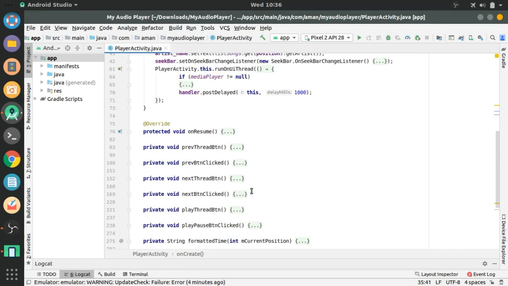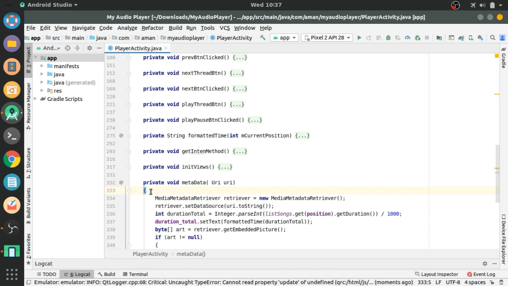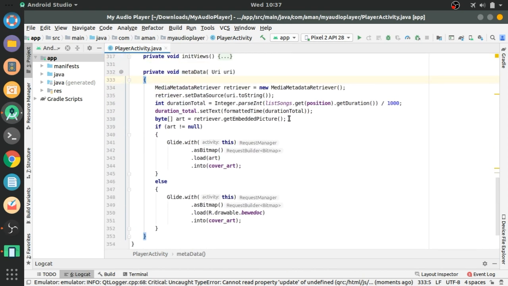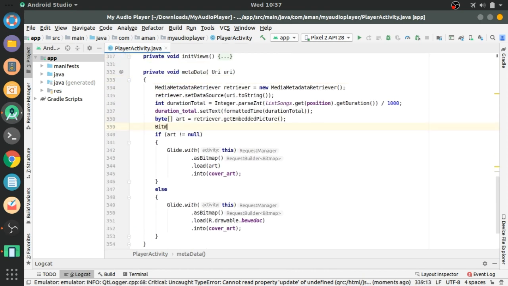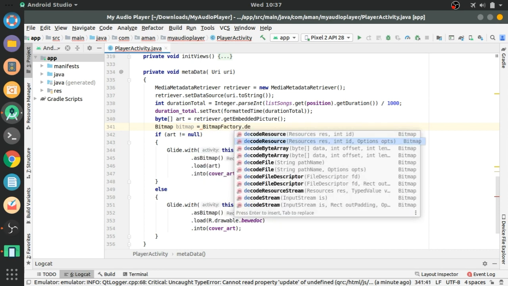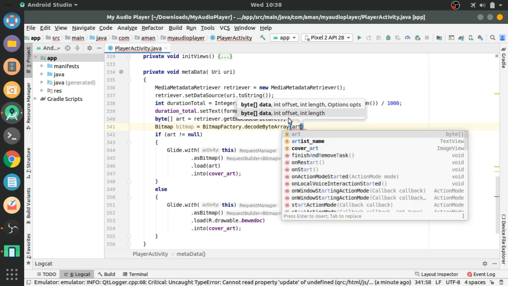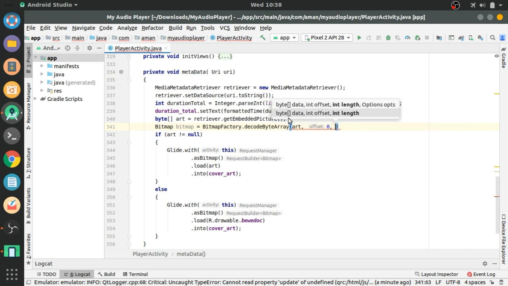So let's start. First of all, go to the player activity, and in the player activity go to the metadata method, and here after the byte array create a bitmap of that album art, using BitmapFactory.decodeByteArray, and the first argument will be art, the second will be offset, that is 0, and the last will be art.length.